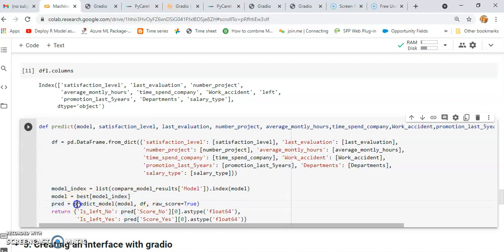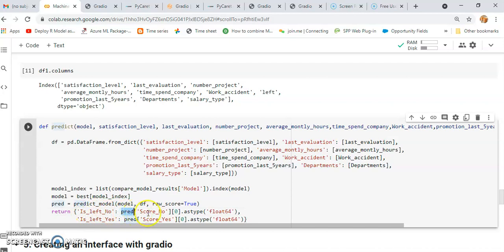Then the pred function, as I discussed, predict_model. This method is called from PyCaret with model, df, and raw_score, because we want the prediction probabilities. That's what we mention here, raw_score. It will be set to True. Then return is_left_no.